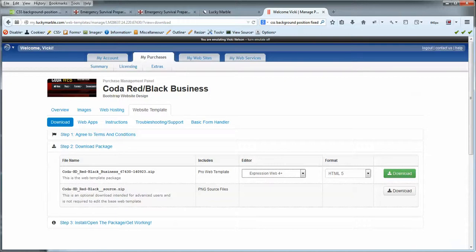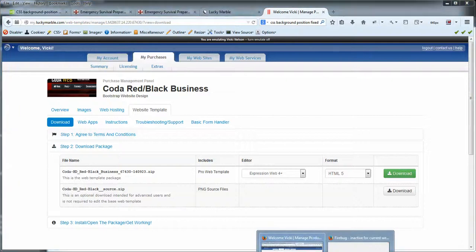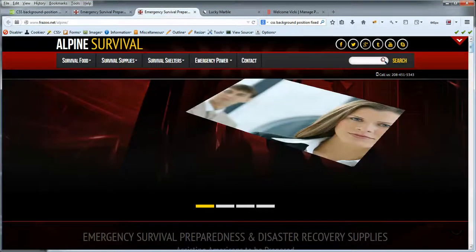So what I'm going to do at this point is zip up the site, upload it to the server, and provide a link for you to download it. If you have any questions, obviously, like I said, I was a little concerned with the whole parallax sliding thing, and I know I rattled on about it for about ever and a day, and that would be this, like I said,